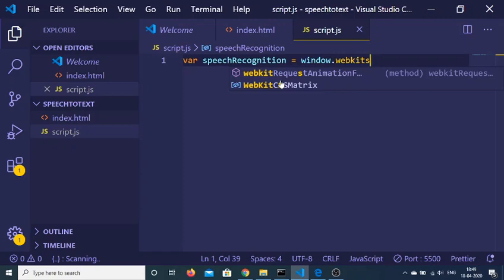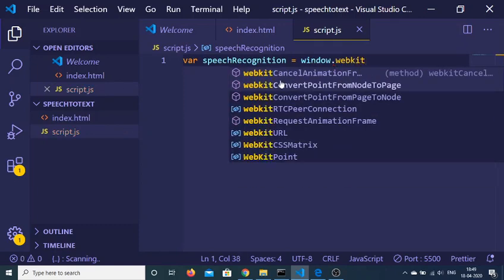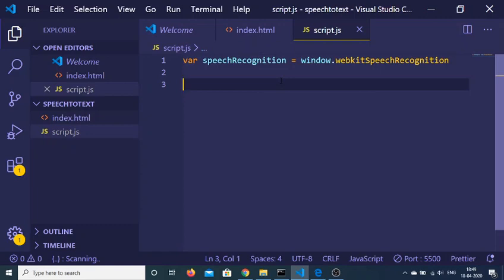I think that this needs to be window.webkit, and this is speech recognition. So basically this speech recognition variable is only supported by the Chrome browser. It is not supported by Internet Explorer at this moment of time.